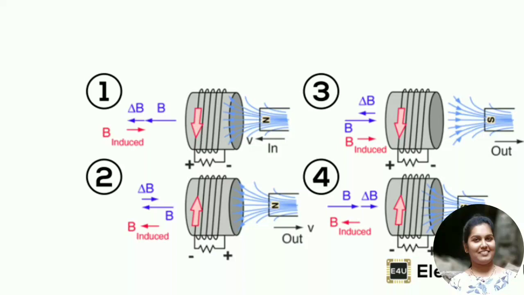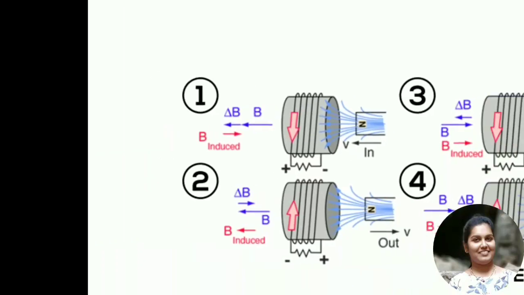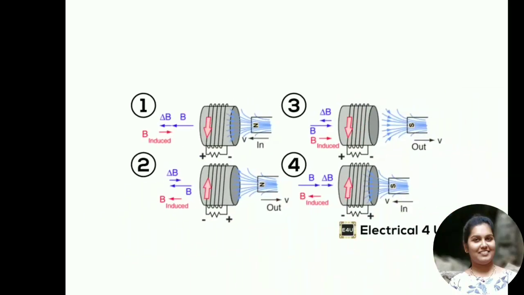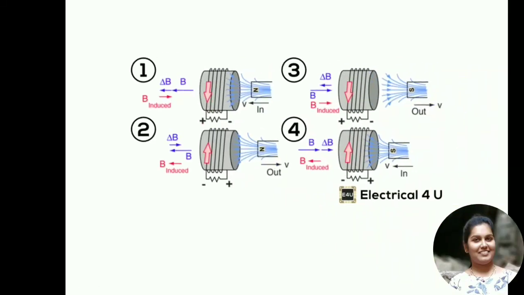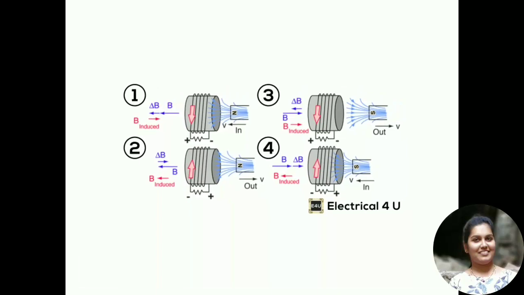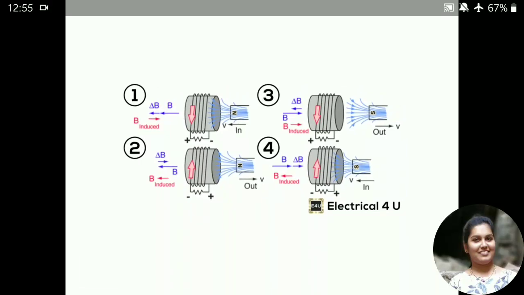Lenz's law is based on Faraday's laws of induction. Faraday's laws tell how the changing magnetic field will induce a current in the conductor. Lenz's law tells us the direction of this induced current, which opposes the initial changing magnetic field which produces it. This is significant in the formula for Faraday's law by the negative sign.